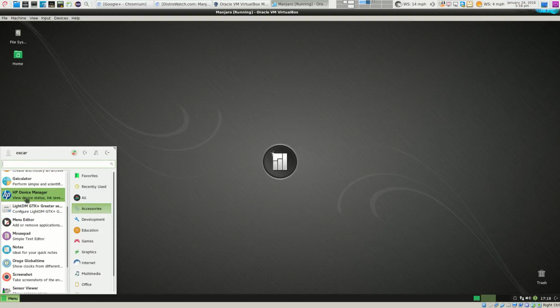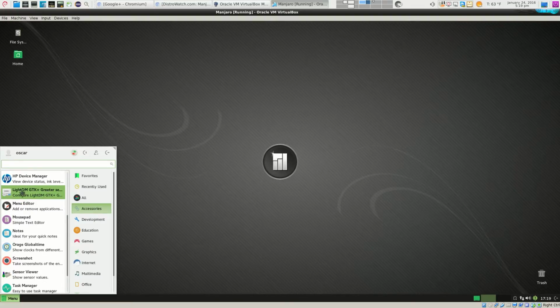Here's one thing that I really like that this distro brings, the HP Device Manager. So if you have an HP printer, this will allow you to view the status of your ink or the device and add printers and so on and so on. So that's really good. That's a plus for me.